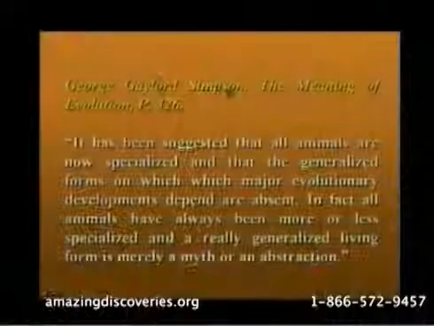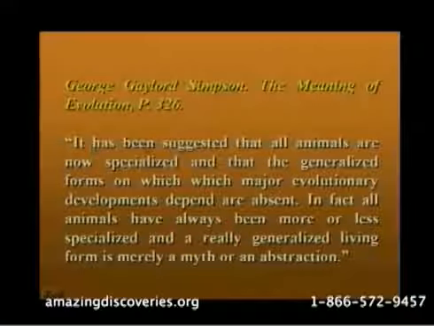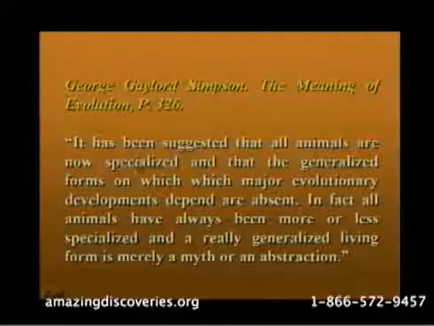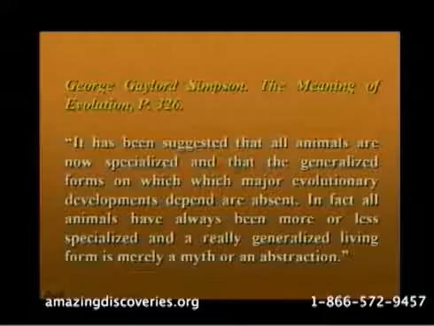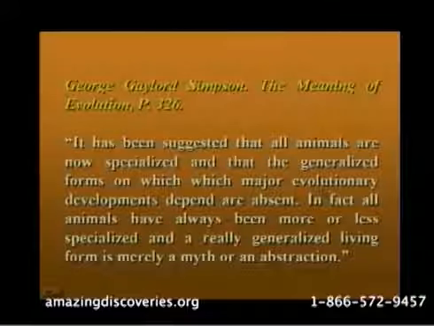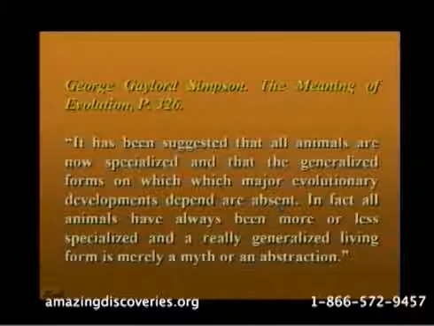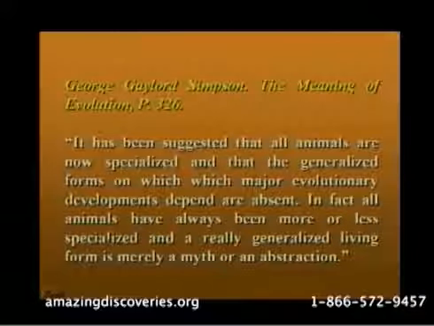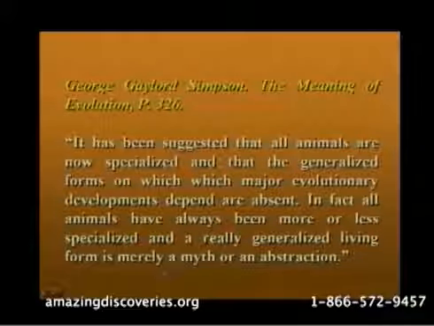George Gaylord Simpson, one of the doyens of evolution, says, "It has been suggested that all animals are now specialized and that the generalized forms on which major evolutionary development depend are absent. In fact, all animals have always been more or less specialized, and a really generalized living form is merely a myth or an abstraction." What does that mean in simple language? He says there's no such thing as a simple animal that became complicated. It's a myth. When we look at the fossil record, everything is complicated. At the same time,